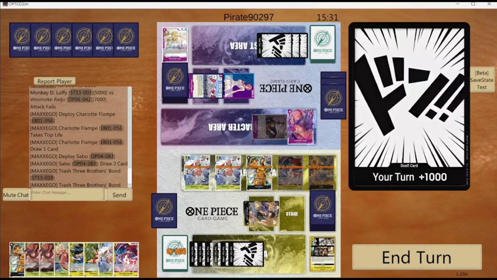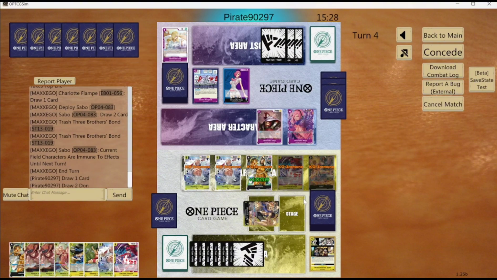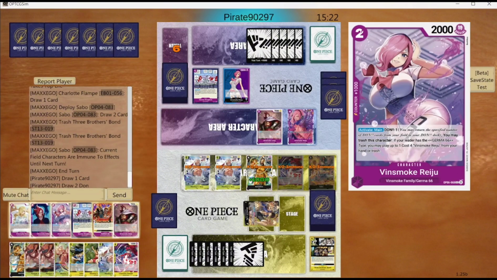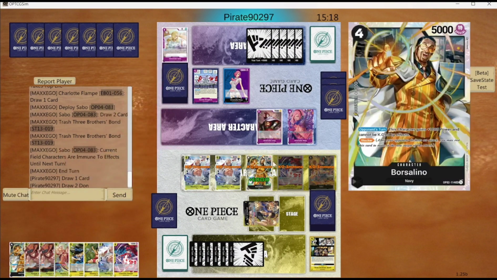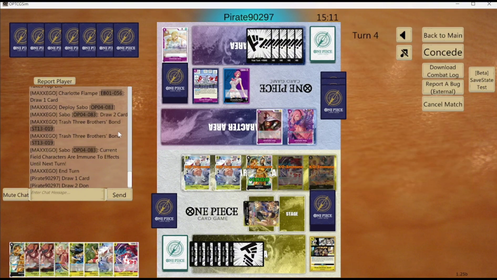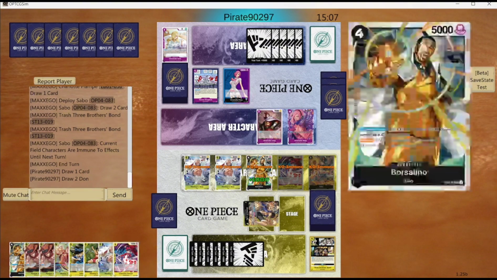Let's get rid of this, and then pass turn. So definitely, now we're at 1 life. They do have the Ichiji here, and then let's see what they have in their trash. So they do have another Ichiji as well, so we should see 2 Ichijis here coming out of this turn, which is perfectly fine. I think that we have a significant amount of counter available in the event they try to